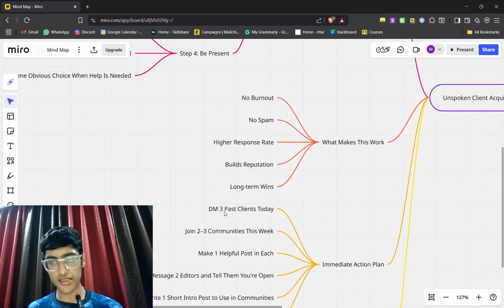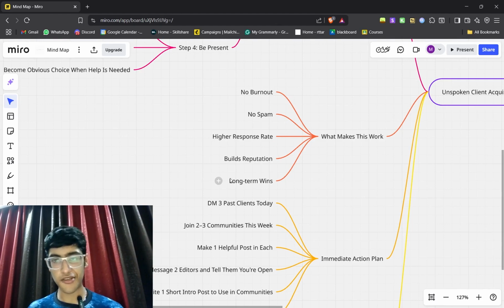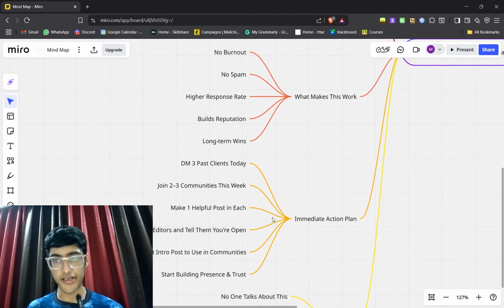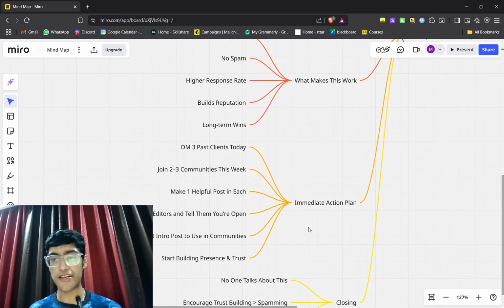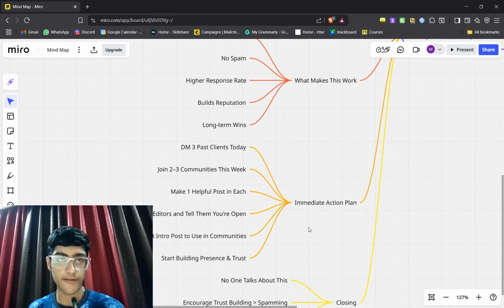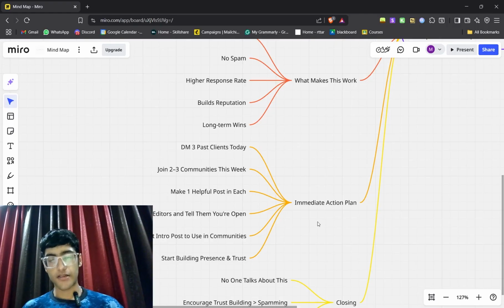And after this, I'll just jump into the main source here, the immediate action plan first, because I know many of you are gonna extract a lot from this. This is gonna be really helpful if you just implement this for the next 2 months. I'm pretty sure of that, right?